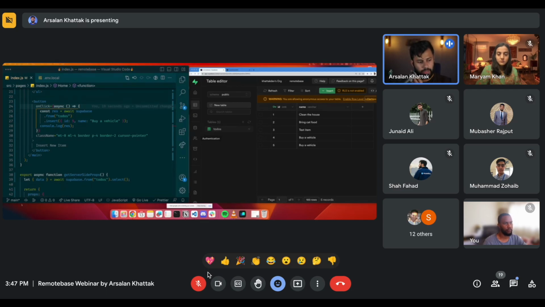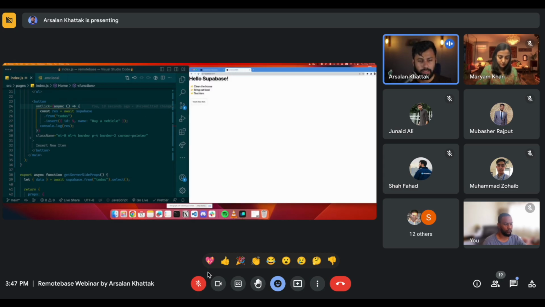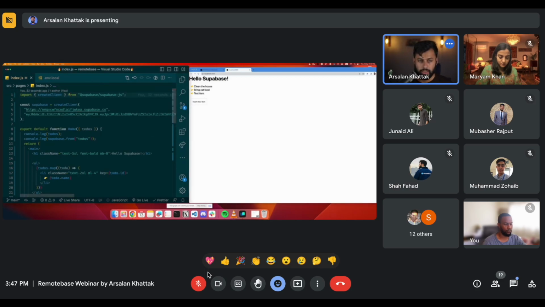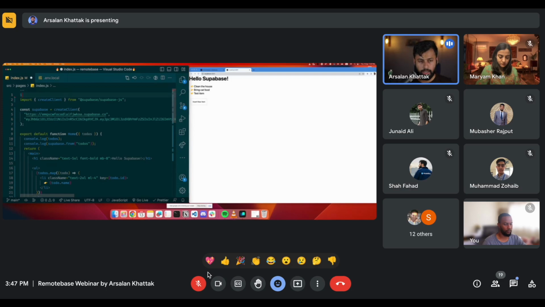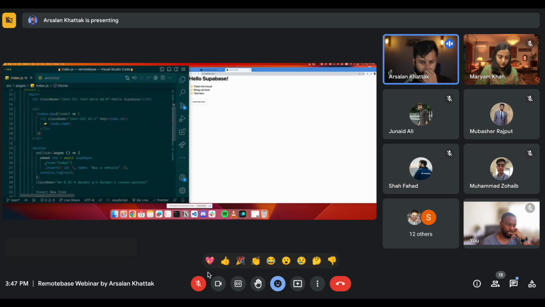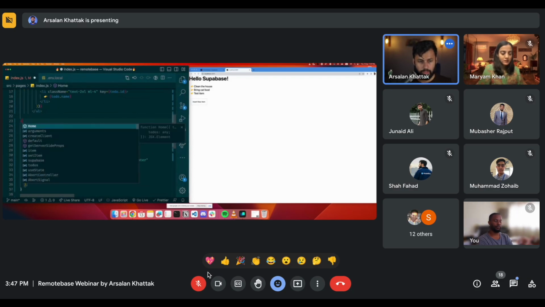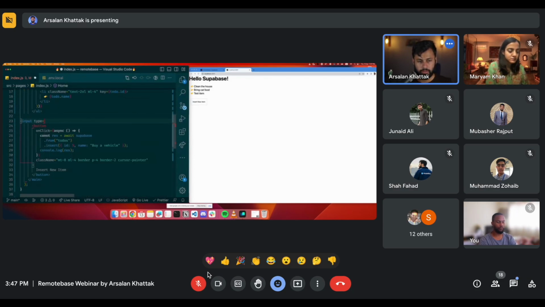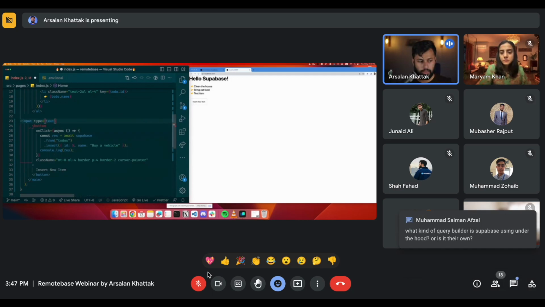Now, this is static data, this is constant, this is always going to be the same. The last thing we can test here is, I want to have an input field here, and whatever the value of that input is should be added. For that, I can import useState, and then here I can do item, setItem, and this should be useState. Then right before this button, I can do input type equals text, and this should be value equals